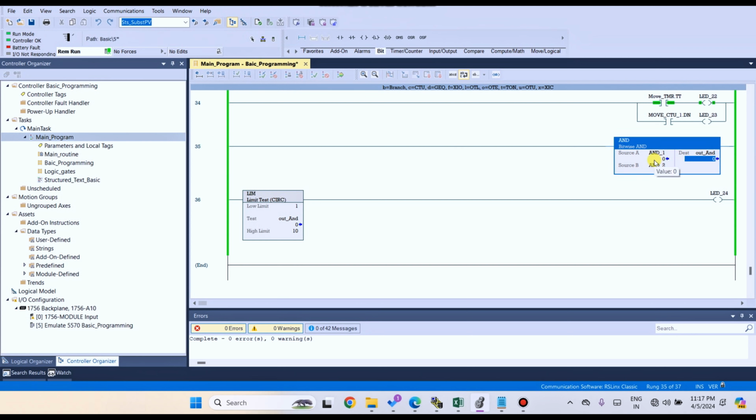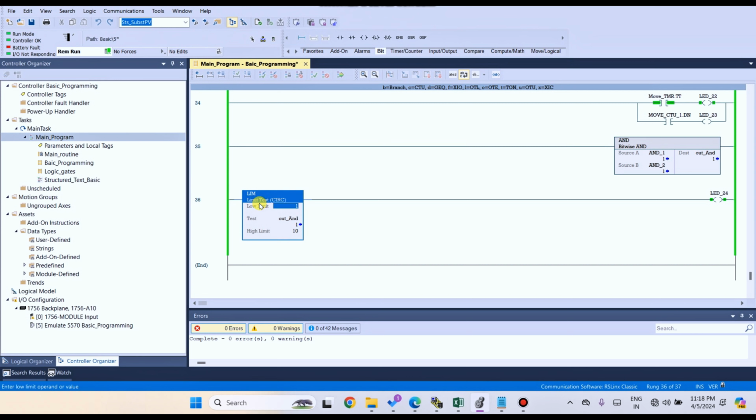It is a fundamental condition of the AND gate. If source B is 0 and source A is 1, then the output will be 1. This is also a fundamental condition of the AND gate. If both conditions are 1, then the output will be 1.